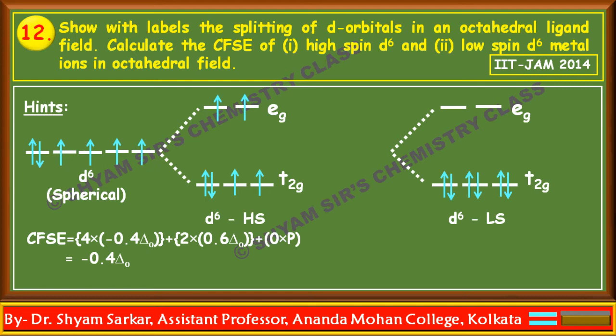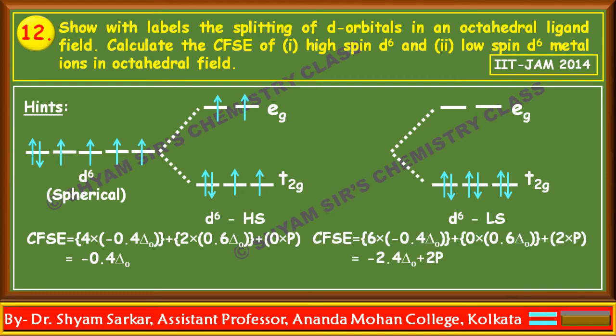On the other hand, in case of low spin, all electrons are paired up in the t2g level, and with respect to the spherical field, two additional pairings occurred here. So we need not consider all the three pairings, only how many additional pairings occurred with respect to the spherical field. If you compare with the spherical field, additional two pairings occurred, so you will consider only 2P. So CFSE is equal to 6 into minus 0.4 Δo plus 0 into 0.6 Δo plus 2P,